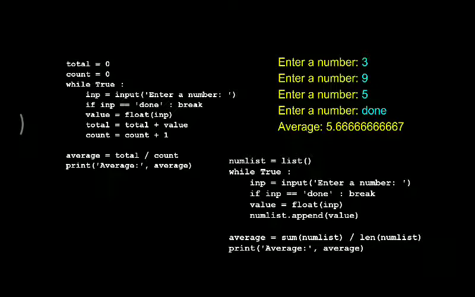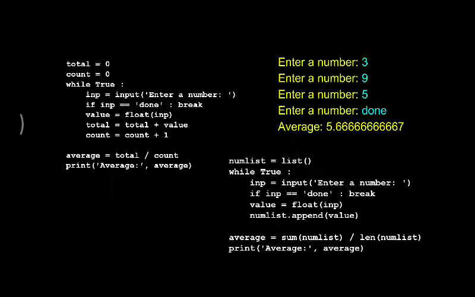Next we calculate every time the total, and value will be added to the total. Total equals total plus value, count equals count plus 1. So this loop will be repeated as long as we enter numbers. If we enter something other than numbers, this loop will terminate and it will give you the result. Count equals count plus 1. Every time we enter, it counts the total number of elements that we are entering.